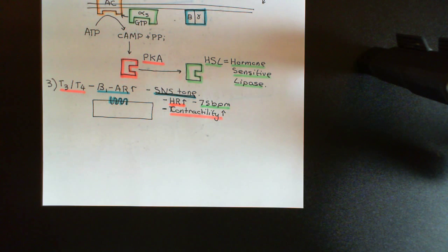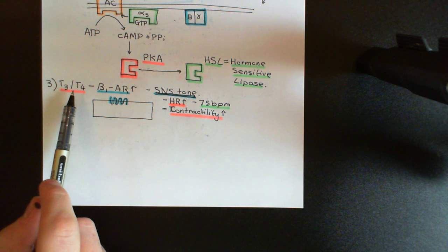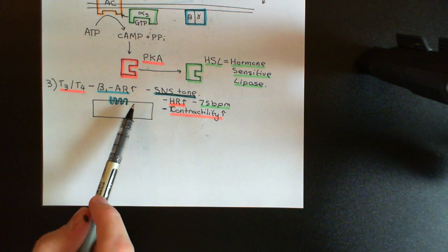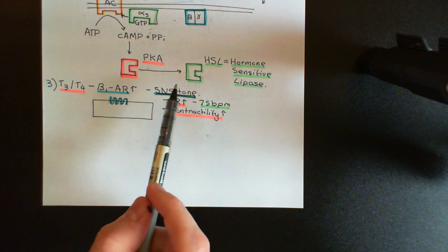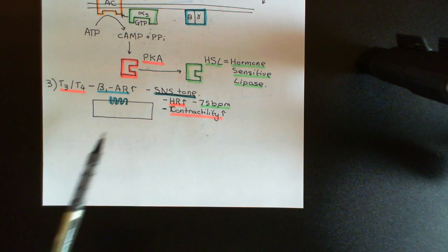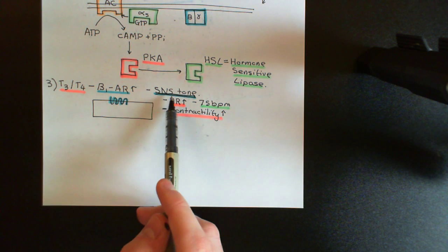Okay, so T3 and T4 then are involved in regulating this normal level of sympathetic nervous system tone on the heart by making sure that the cardiomyocytes express the correct and normal level of beta-1 adrenoreceptors, which is the receptor by which noradrenaline and adrenaline act on cardiomyocytes. Okay, so to emphasize this, if you had too high levels of T3 and T4, you'd end up with far too high beta-1 adrenaline receptor expression on the cardiomyocytes. You'd therefore end up with far too high heart rate and far too high contractility,